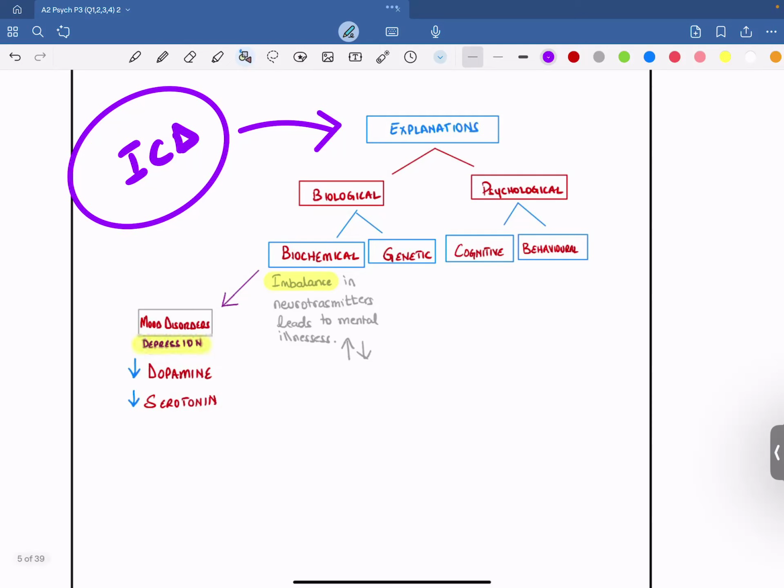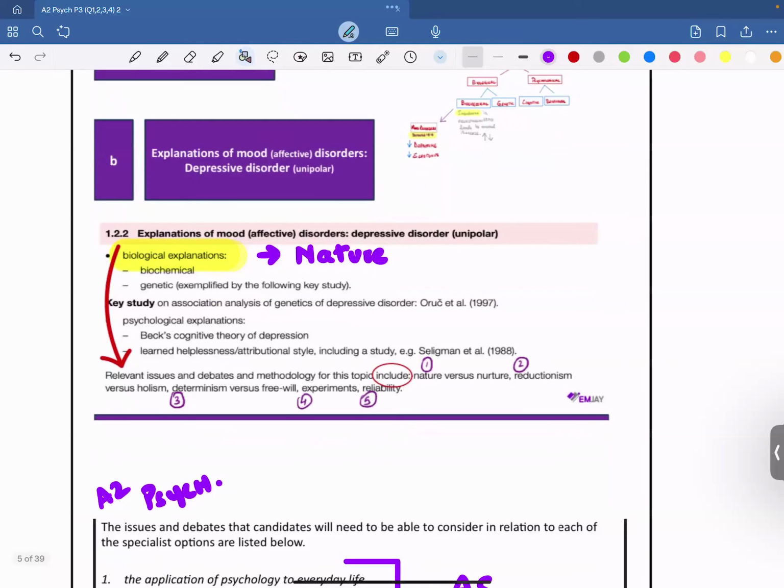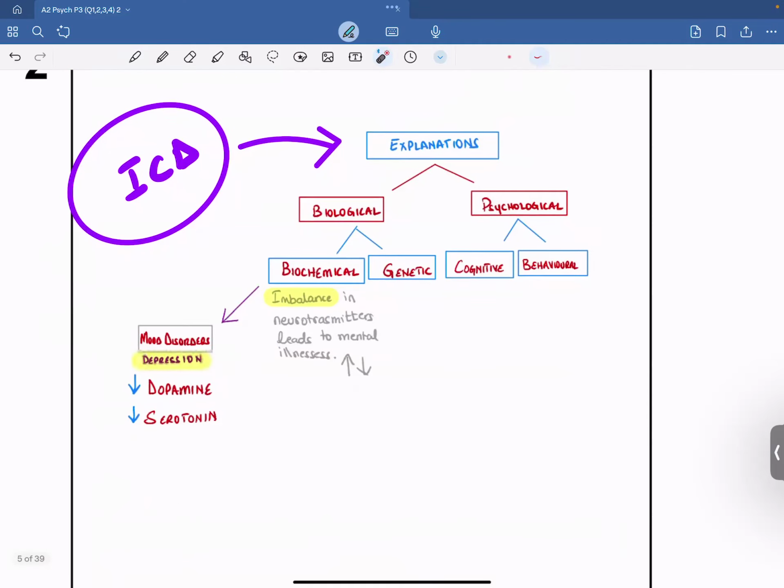And if I talk about the explanations for impulse control disorder here, remember, if we speak about the syllabus now, if I may just go back and show this to you. Remember, the syllabus for explanations of mood disorders is divided into 2 parts, 2 bullets. The first one is biological explanations, and the second one over here is psychological explanations. So we could divide the explanations for impulse control disorder into 2 parts, the biological and the psychological explanations. Remember, the biological explanations have been further put into 2 main categories. The first one being biochemical imbalances, and the second one being genetics, or the extent to which the explanation that claims that genes play an important role in terms of individuals developing mental illnesses.